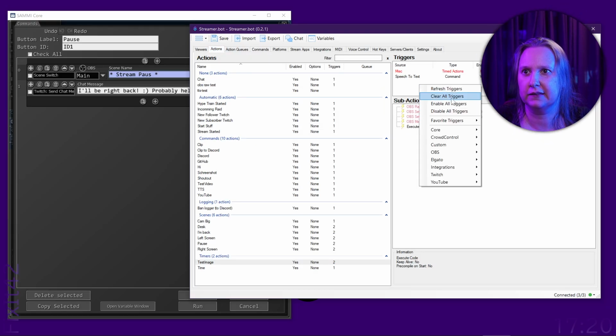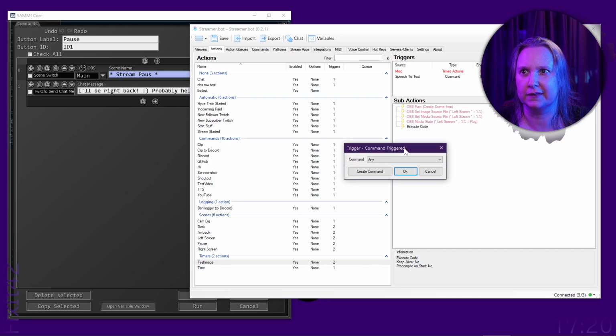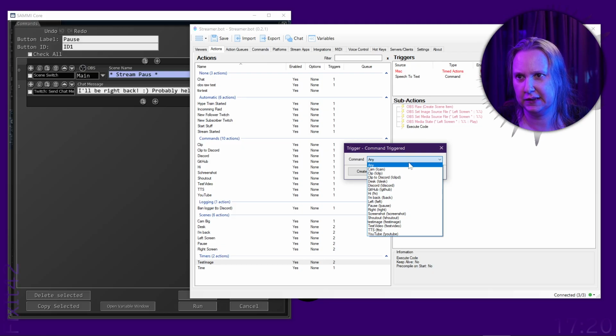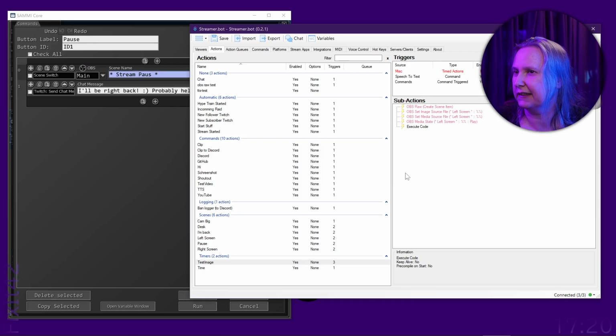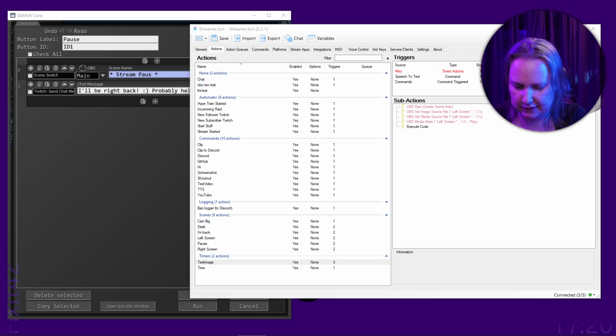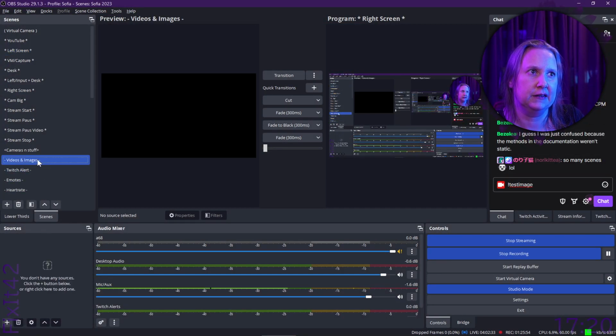So we can start this. Because the STT is annoying, let's add the trigger command. Test image. Okay, so now we should be able to type in chat test image. Right screen. If I click here and I run this,